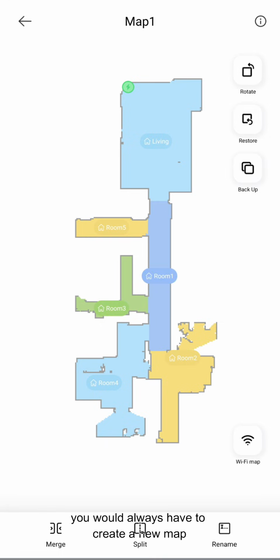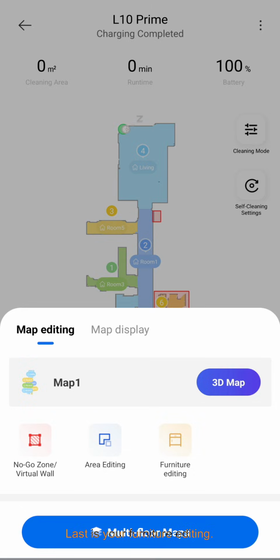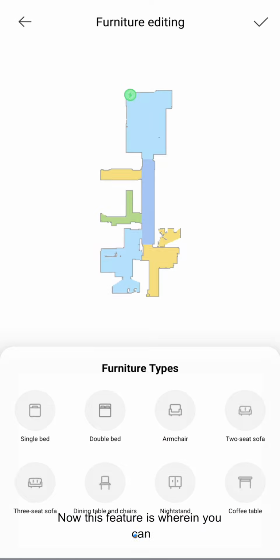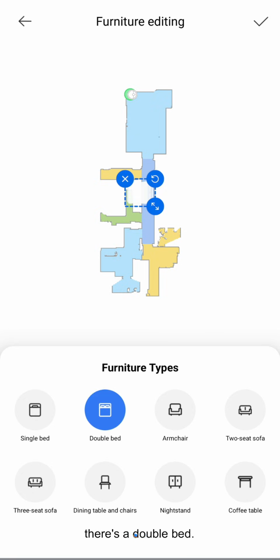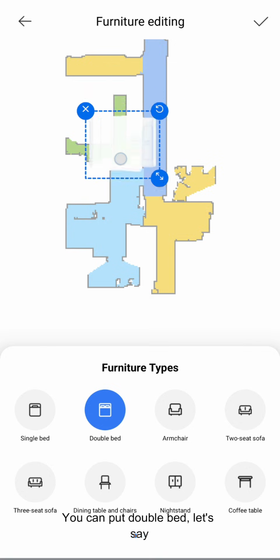So you would always have to create a new map no matter what. So that is now eased out by the backup feature, and you can always press on restore whenever you want it to again recollect the same map. Last is your furniture editing. Now this feature is wherein you can try to put accurately what your furnitures are and where they are placed. So you can always select, let's say if there is a double bed, you can put double bed, let's say